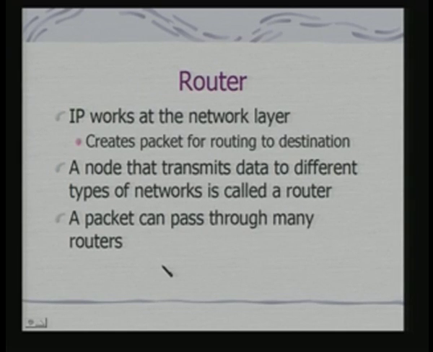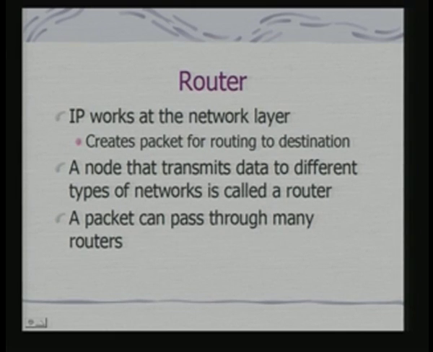Now, the Internet protocol is basically implemented through a router when you are connecting two distinct networks. And IP works at the network layer. At the network layer, the IP protocol creates packets for routing to the destination, and a node that transmits data to different types of networks is called a router. A router may not have top layer protocols implemented. Its basic job would be to receive packets and route the packets to the respective networks depending on the destination